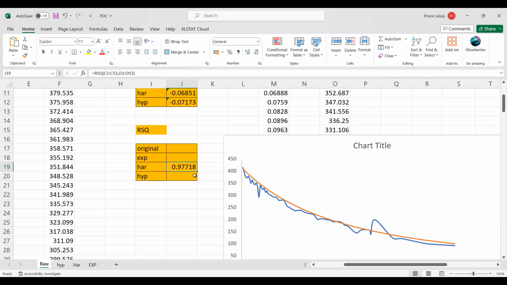So this is for harmonic, but we know that there is a confusion between harmonic and hyperbolic. Which one will be the right one? That is what exactly we want. Okay, so we have calculated R squared for harmonic. Let me calculate for